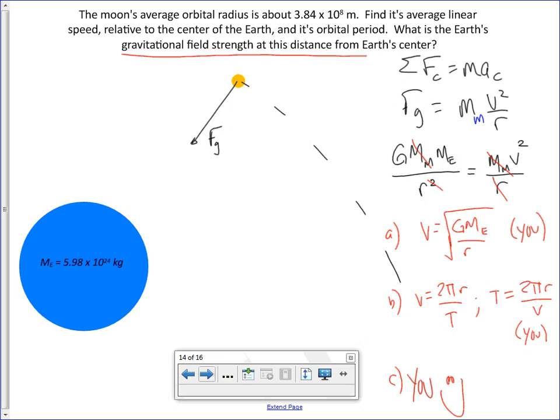Oh, yeah. Now, when you find the orbital period of the moon, you're going to get a big number. But that number is going to be in seconds. Tell me if you know that. Tell me how you know that answer is right or wrong. Because you might know what the orbital period of the moon is, roughly. How long it takes the moon to go around the Earth. So do a little extra here to confirm that you've done it right.